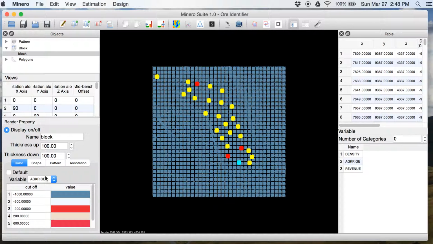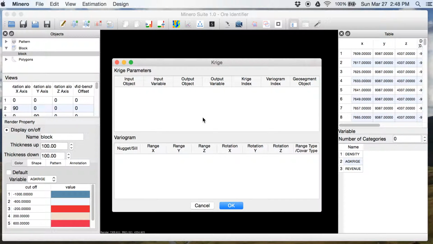Once we have our empty block model created, we can make estimations such as kriging. In this case, we can use the Krig option. Minero is currently using a set of kriging parameters. Let's add a krig. In this case, we're going to use pattern.